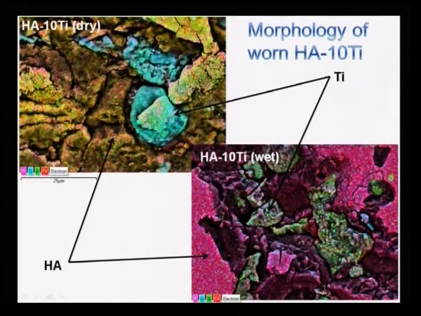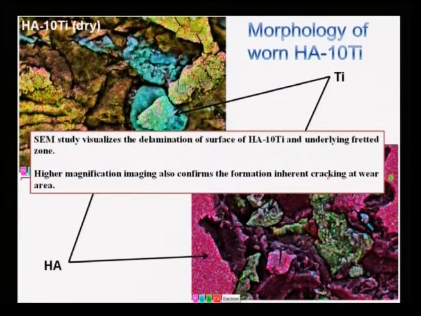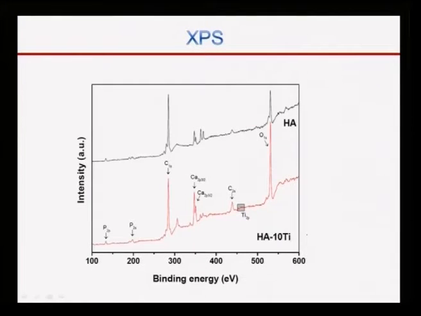To understand it more, we have done this morphology of wear. This is actually EDAX mapping. I have already shown you that energy dispersive spectroscopy mapping is possible. If you map it, these are the titaniums and these are the hydroxyapatite, but you start seeing this kind of crystals, which are basically apatite crystals which form because of the interaction with the simulated body fluids. So we can see the formation of apatite crystals also in underlying cracking.